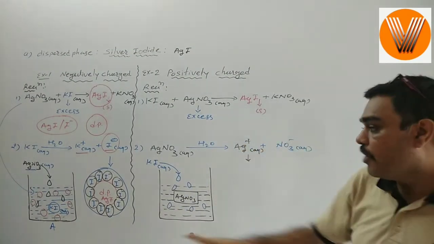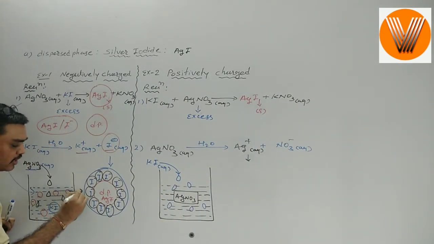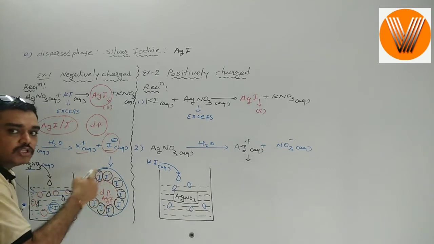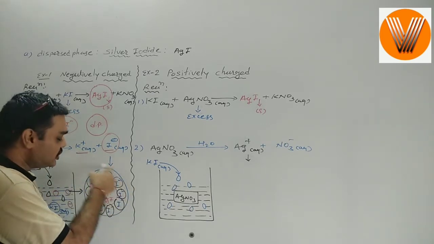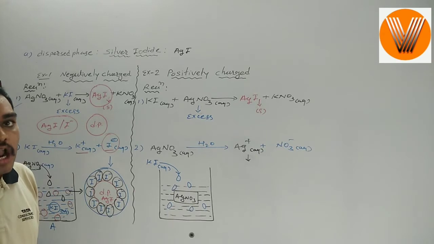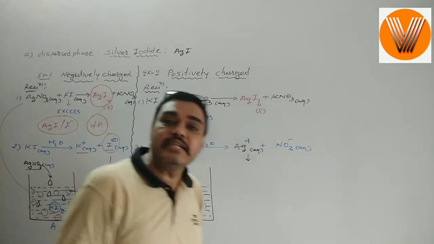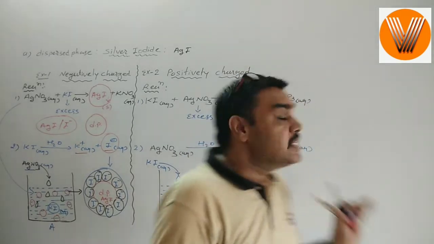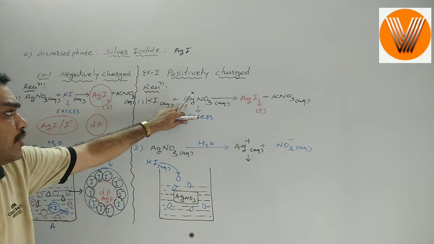That you understood very well. With one molecule you can see how this type of negatively charged particle is formed in this beaker, and that becomes a colloidal sol, or lyophobic sol, of silver iodide as a negatively charged sol. Similarly, you will find that in the solution of AgNO3